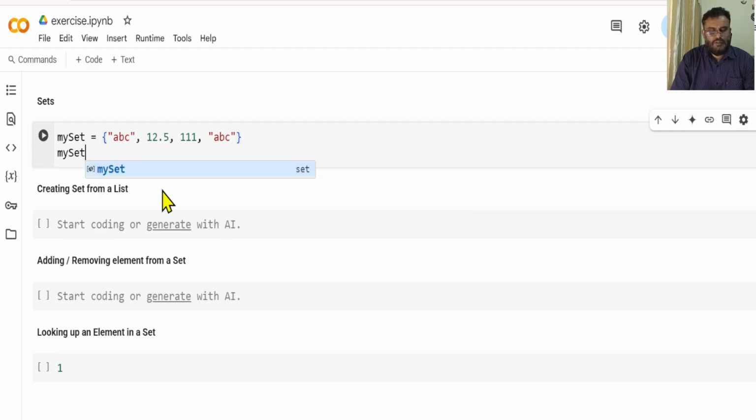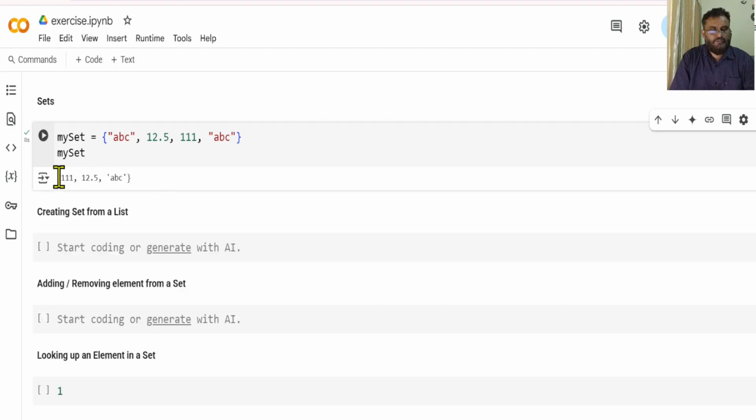So if I just press Control Enter, here you can see that the elements are listed which are mentioned in the definition: 12.5, 111, and ABC, which was present there twice. The set notation has just listed it once because no duplication is allowed in the case of a set. And this curly braces notation is used to represent sets in Python, and the Python interpreter understands that this is a set by